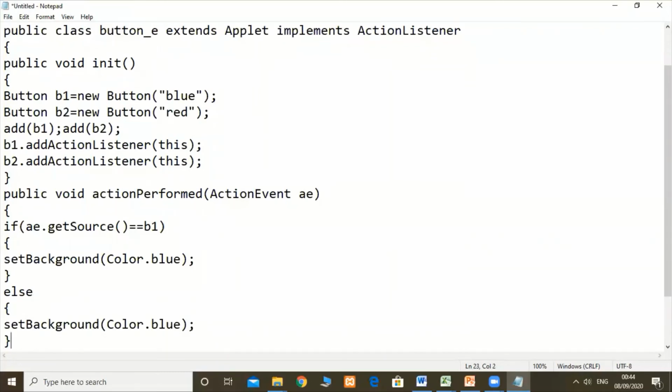Here you can also write else if ae.getSource() == b2, but there is no need to write a second if again.